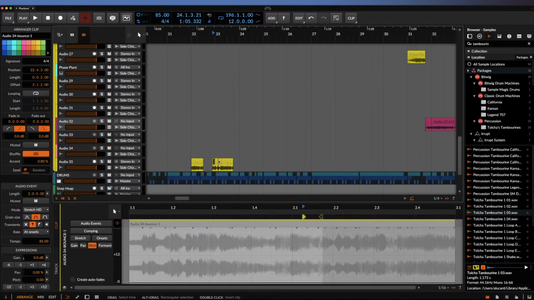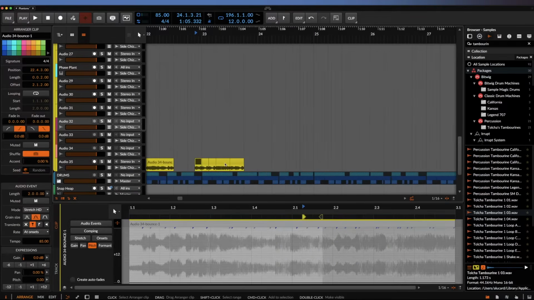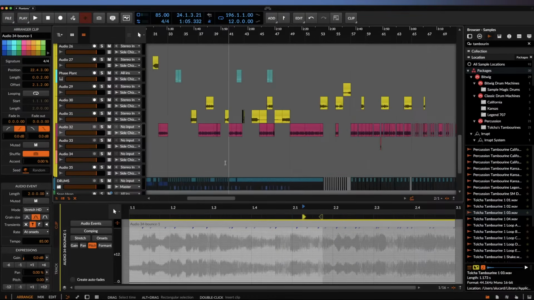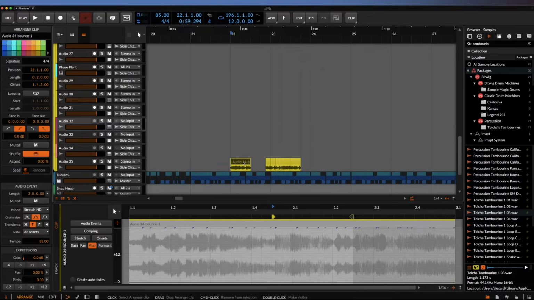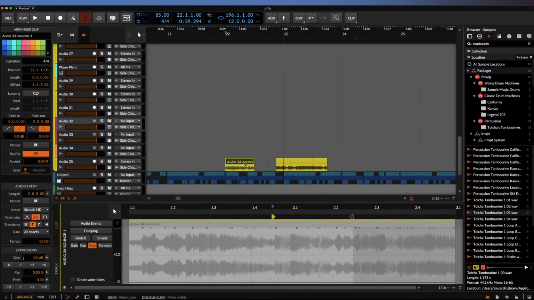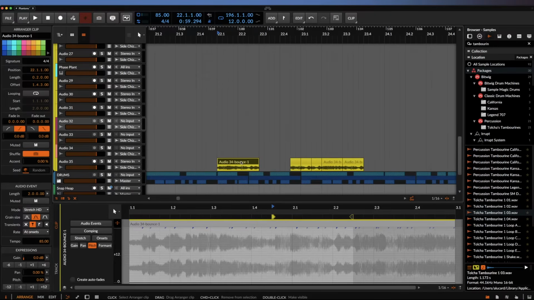But what this comes down to once you have these phrases is that everything is in time, especially if you record this yourself. And from that, it makes it very easy to just click and drag the phrases that you want to place into this, or do cuts and repeats, because you don't have to worry about doing the time stretching. Now you can do something like that if you wanted to.